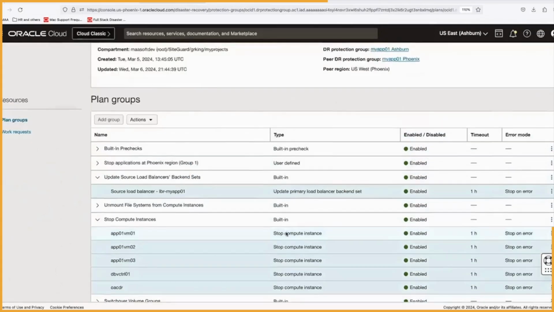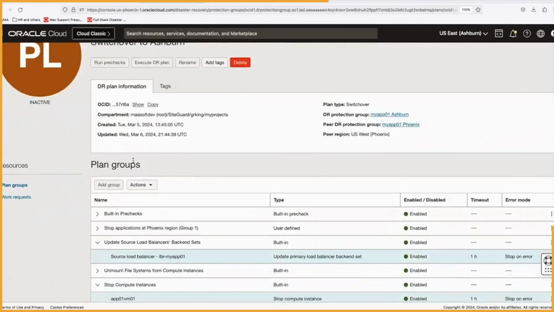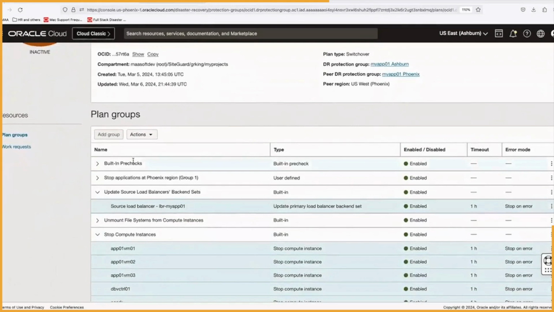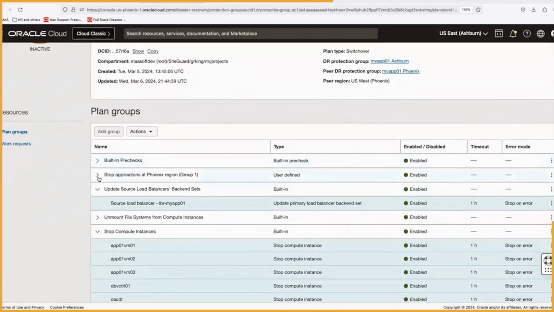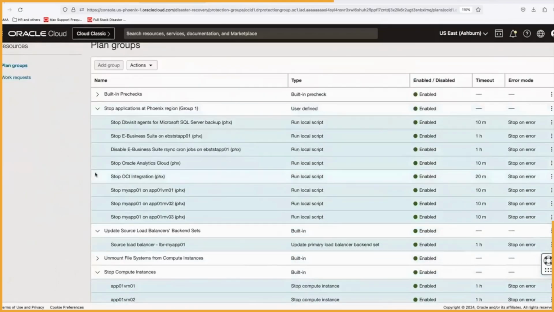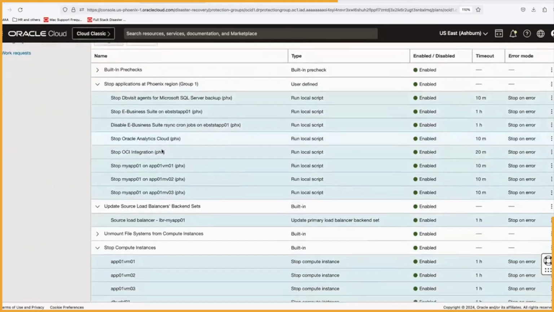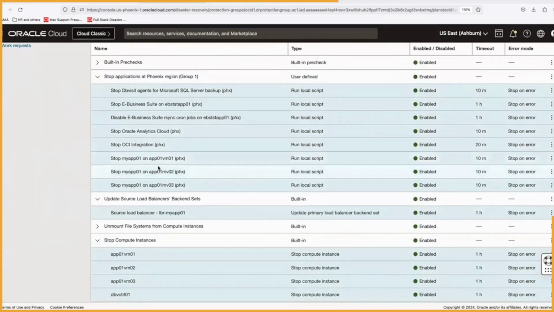built in. And why I thought to show this plan is, this webinar is exclusively about PeopleSoft. But imagine, at an enterprise level, PeopleSoft is just one app. You might be surrounded by various dependent applications. So this is a plan we have for a bunch of applications. I'm just showing the depth and width of the service you're covering. So here we have steps for stopping EBS, a step for stopping analytics cloud integration, some custom apps,